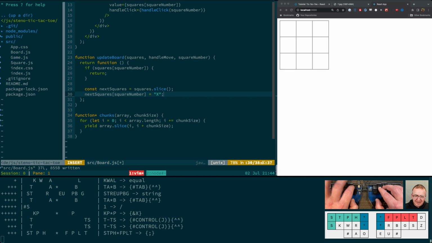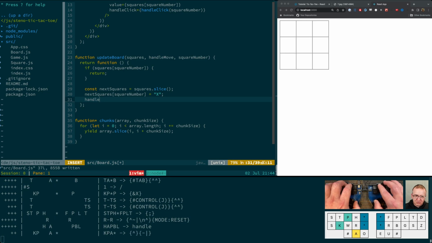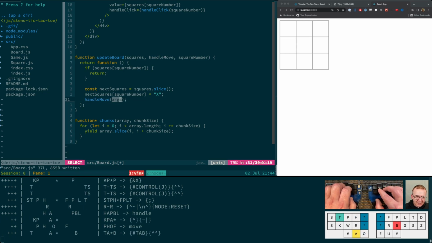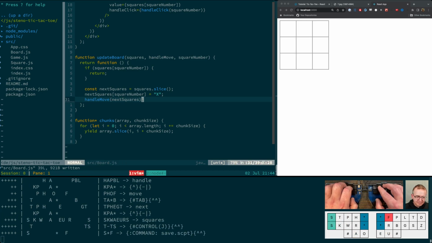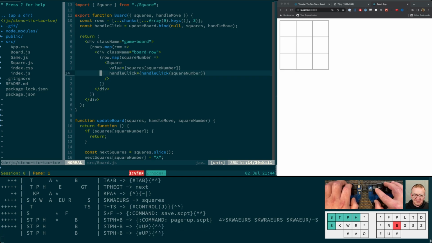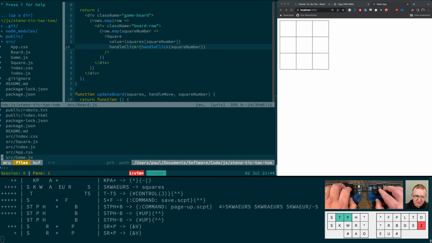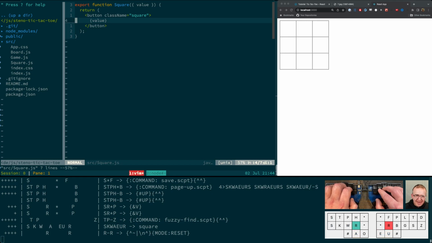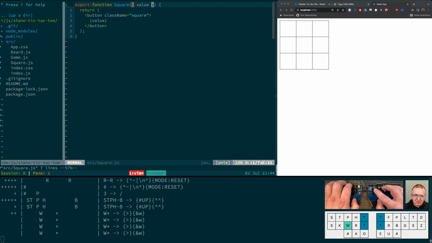So we've allocated x to that new square, and then we just pass off the next squares to handle move. Where is that? That was next squares. Okay. So now that we have done that, let's open up the square component, because it's now received this handle click function and needs to do something with it. So let's go over to the square, and it now receives handle click,